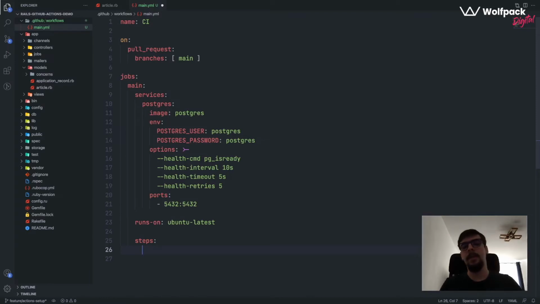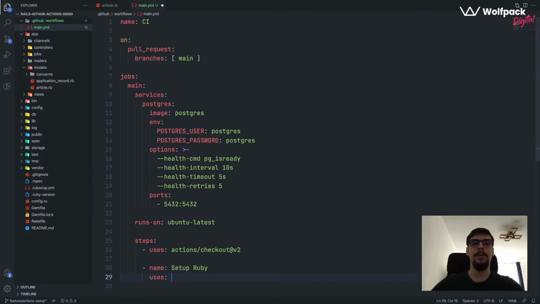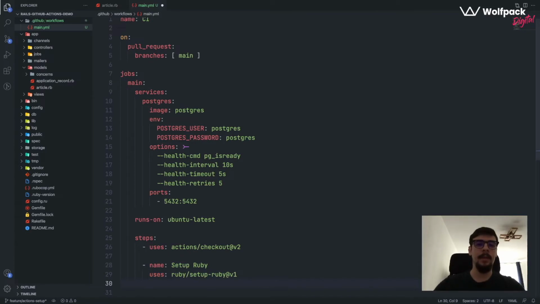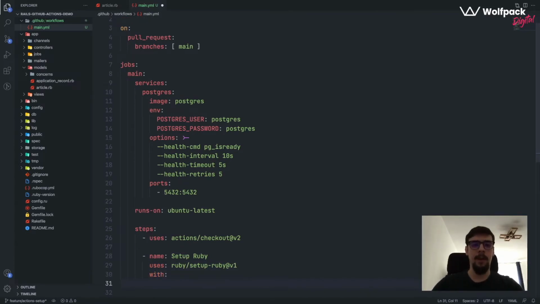First of all, it's going to be setting up Ruby, installing dependencies, installing gems, and then we can have the setup database with RSpec on the test environment and the Rubocop step. So just as mentioned before, I'm going to use the actions checkout v2, just as in the example, and I'm also going to use the setup Ruby command, which uses ruby/setup-ruby v1 in their example,